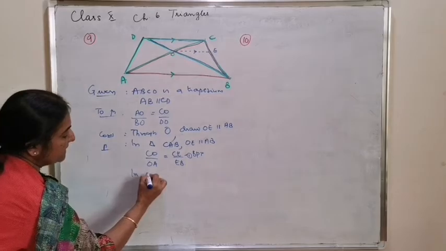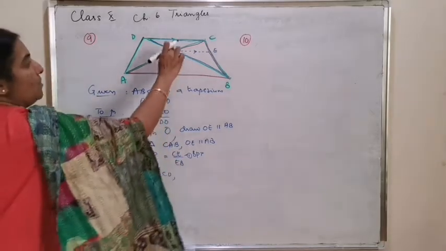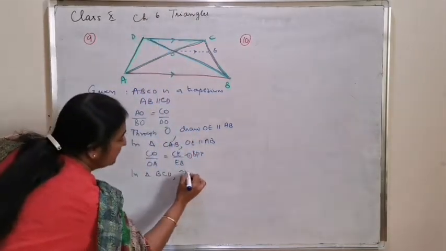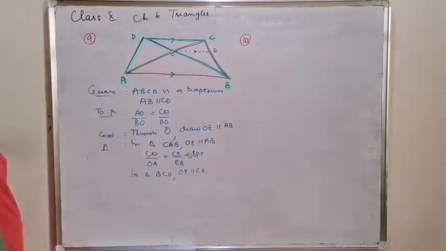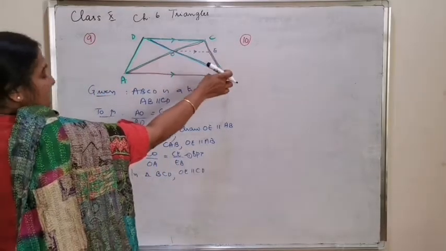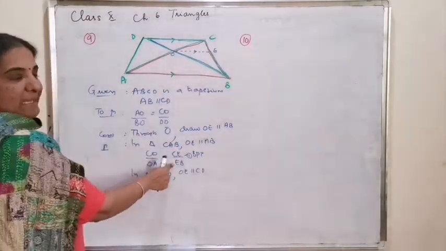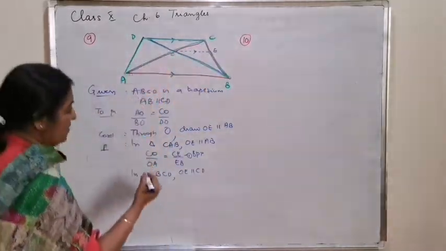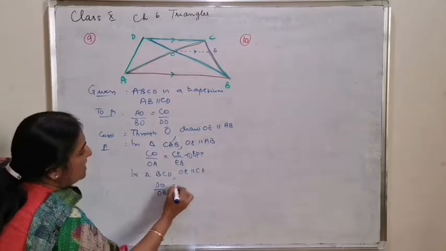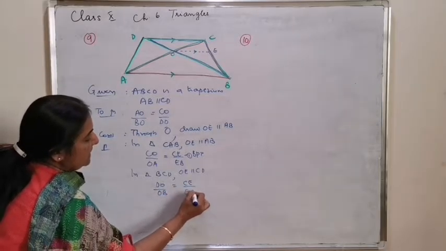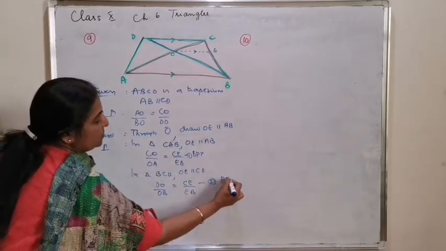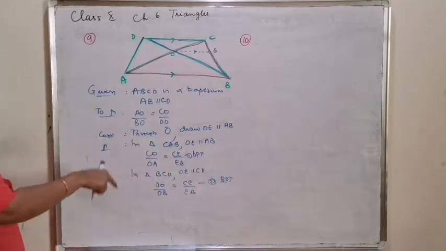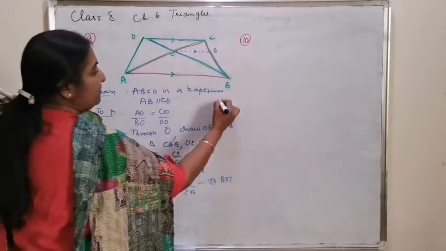In triangle BCD, OE is parallel to CD. So the ratio is again, here you have taken CE by BE for matching. CE by BE is equal to DO by OB. DO by OB is equal to CE by EB. Equation number 2, again BPT. From 1 and 2,